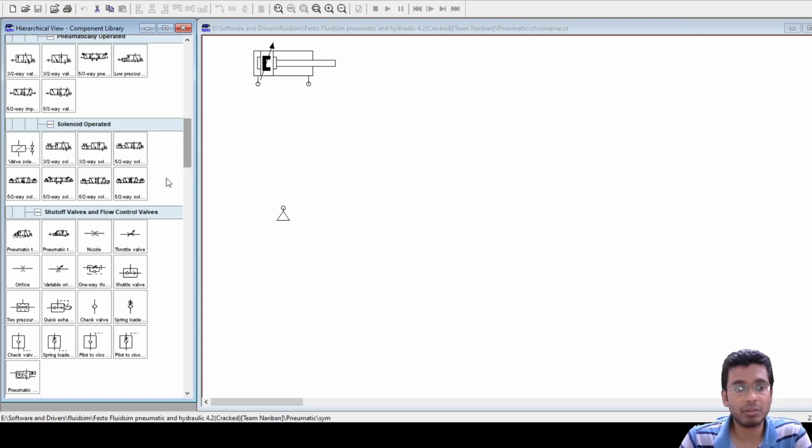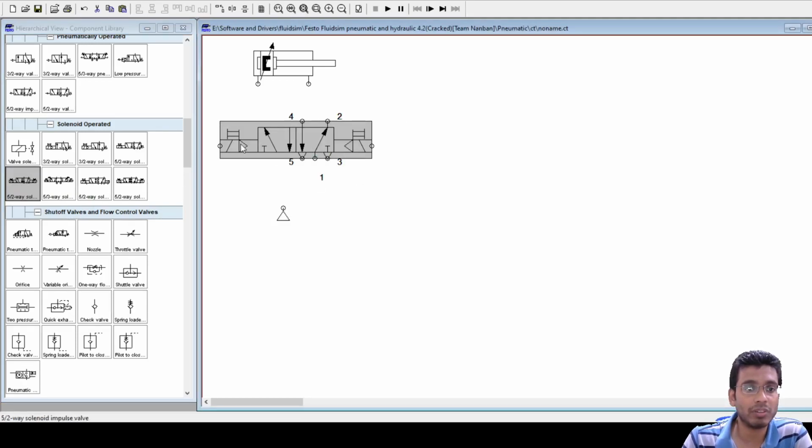Yeah, it will be 5/2, because in 5/3 the 3 is the position. I require only 2 positions: either your cylinder completely extends or retracts back. So I will be using a 5/2 solenoid valve again, and I will just connect these circuit diagrams here.